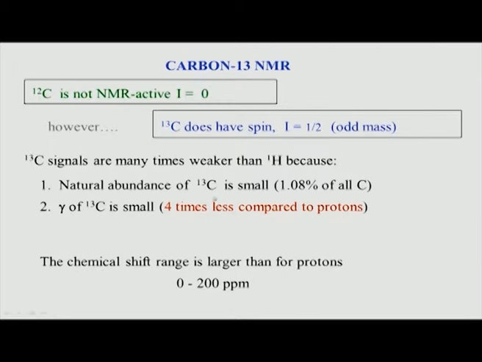So therefore if you combine these two factors, you can see there is already a factor of 400, 4 coming from here, and 100 means 1 out of 100 is only carbon. So it is not 100% carbon 13, only 1%. So compared to proton, which is nearly 100% 1H, it is 400 times less.